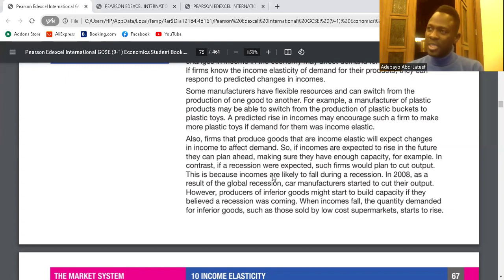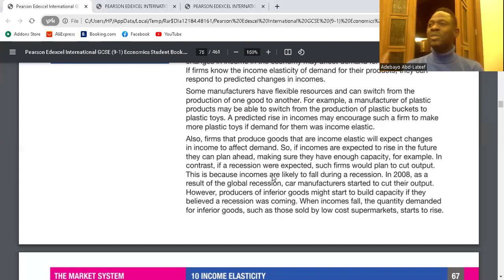So when you are able to predict, it is an estimate though. If it is predicted that in the future income is going to increase, and you have products that consumers would always want to buy, and you understand the kind of income earners that would buy your product, and their income level would increase in the future, you might make availability for that. You might prepare ahead by increasing your capacity to increase your output. That is the point about income elasticity.